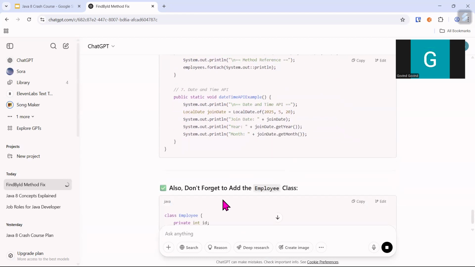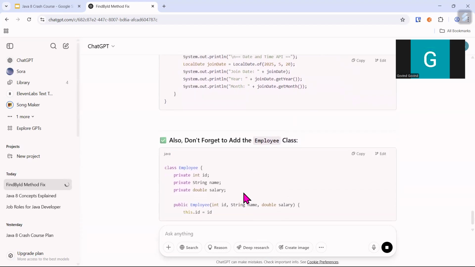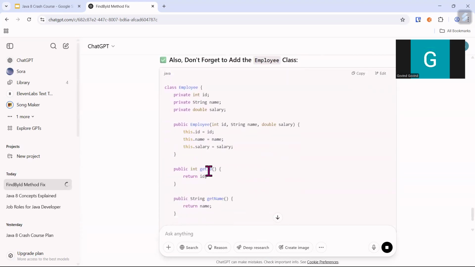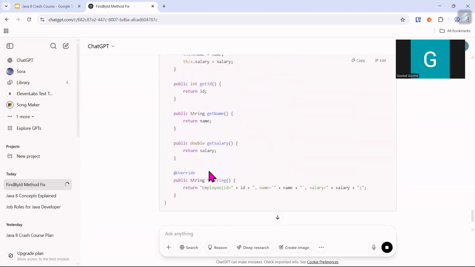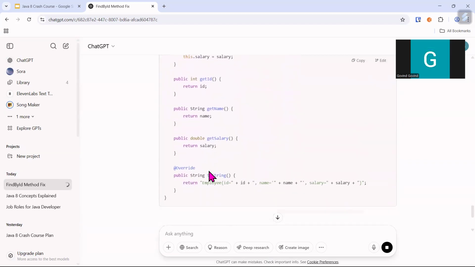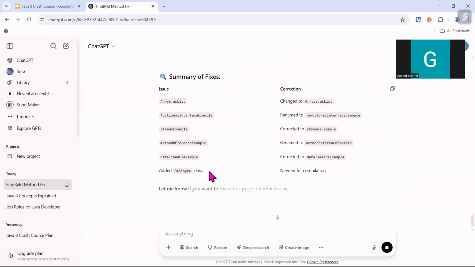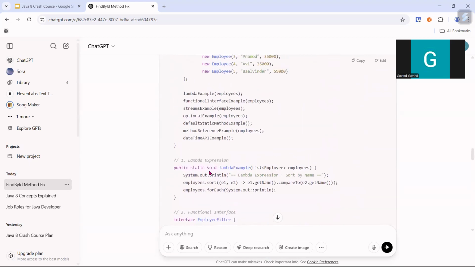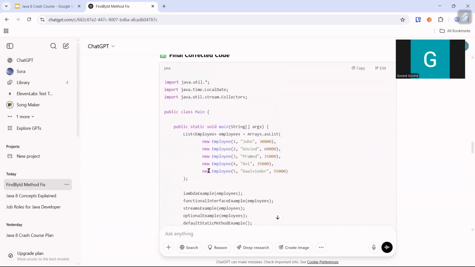First, you will do it. Don't forget to add our employee class. It is saying class employee. Class should be employee. This was the class which we haven't created. That was the main problem basically we were facing. So once you come here, see,